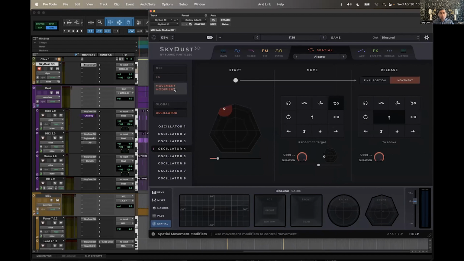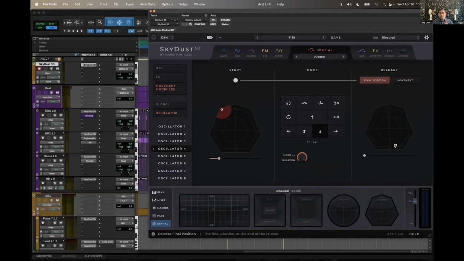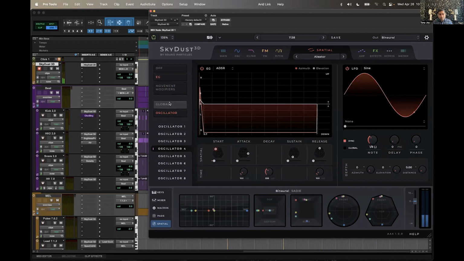And another cool thing is, if you want to be a bit more organic and natural, you can actually choose movement modifiers and say I want it to start in that area, right, with some randomness. Then I want it to go towards the back as it moves, and when I let go, you can either say it should land at a specific position, maybe with some randomness, or when I take the finger off, it should go in circles, for example. And you can also add azimuth and elevation as well. So this tab is very powerful when you create brand new sounds, right? So even in this example,